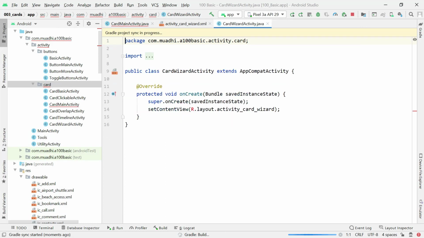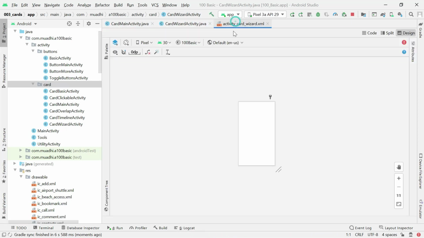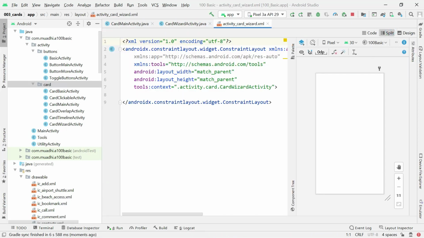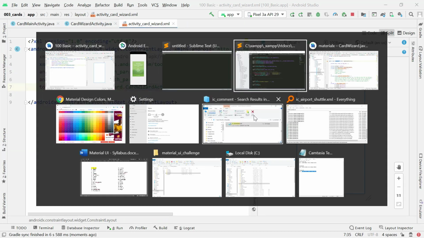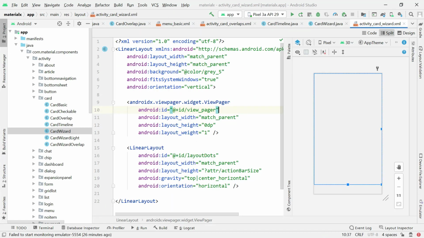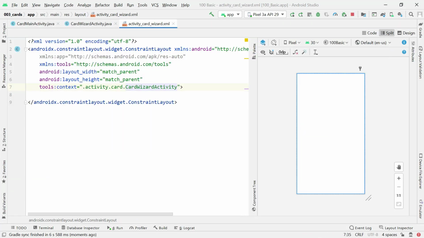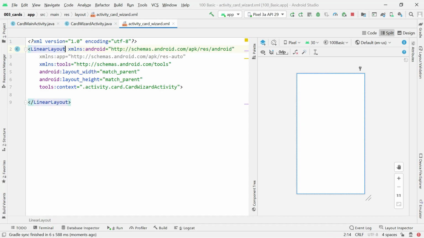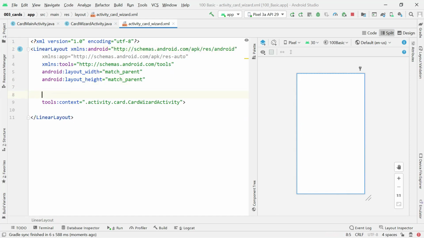Then after creating that card wizard activity, I'll go to the layout and put the elements that we'll need in the main layout of card wizard activity. I've already created this in order to save time, and I'm going to explain how we can implement it. So we'll change our main parent to become a linear layout by simply coming here and changing this one to linear layout, and then we'll give it maybe orientation